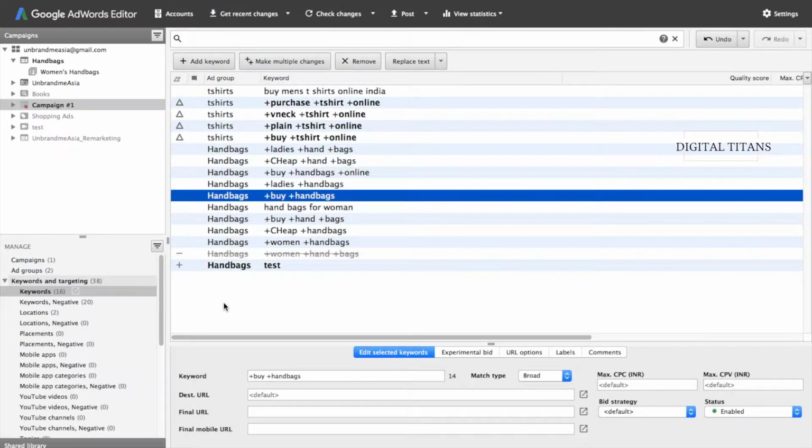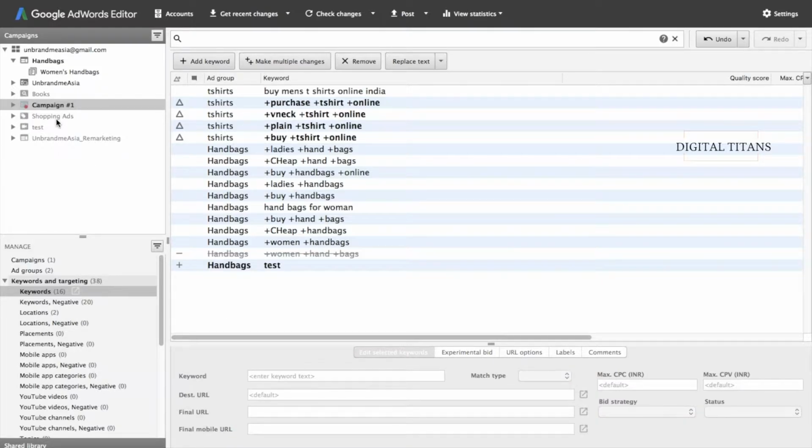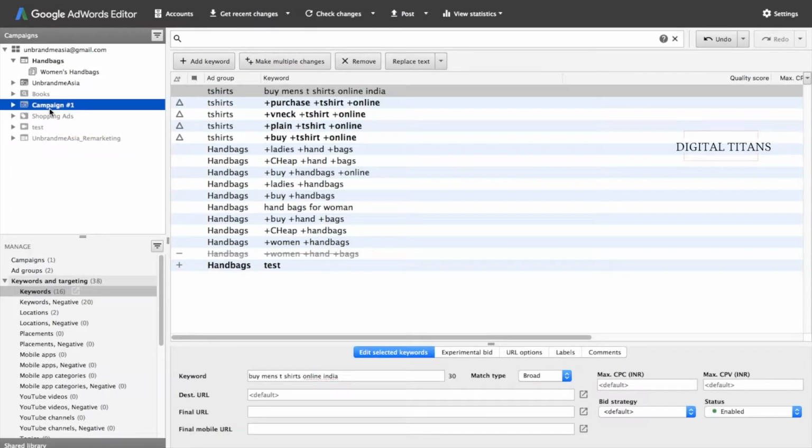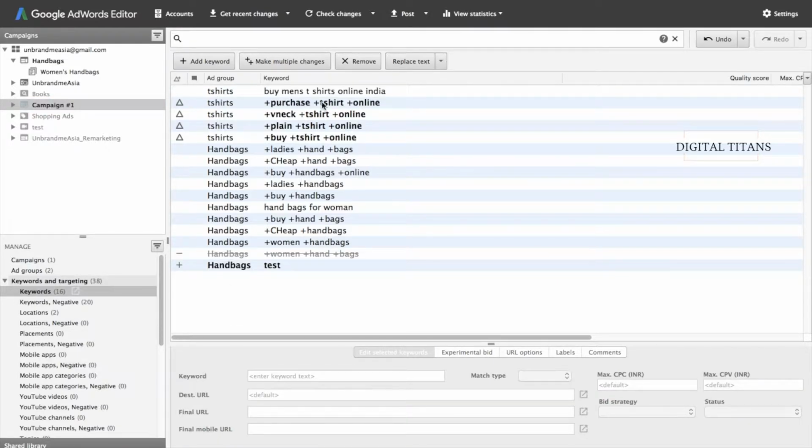Now, the most important thing that we would have to talk about using AdWords Editor is, if I have a list of keywords, how do I group them, right? Now, I have a list of keywords in a campaign called campaign number 1. Now, I would want to group them into different ad groups, because I see t-shirts and I see handbags, and they're 2 different things, and I cannot put them in the same ad group because the AdWords system will not